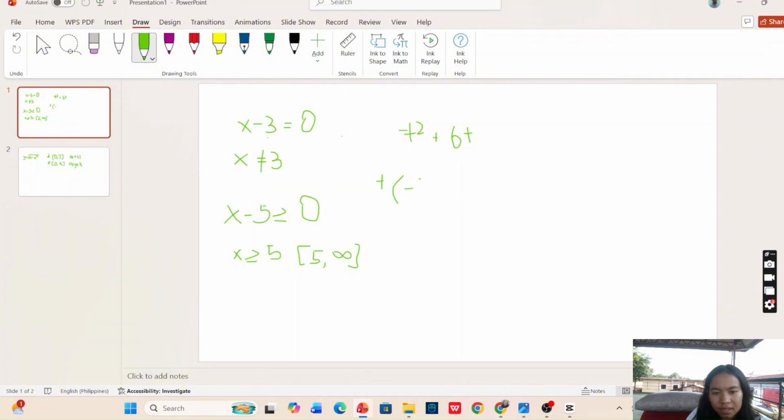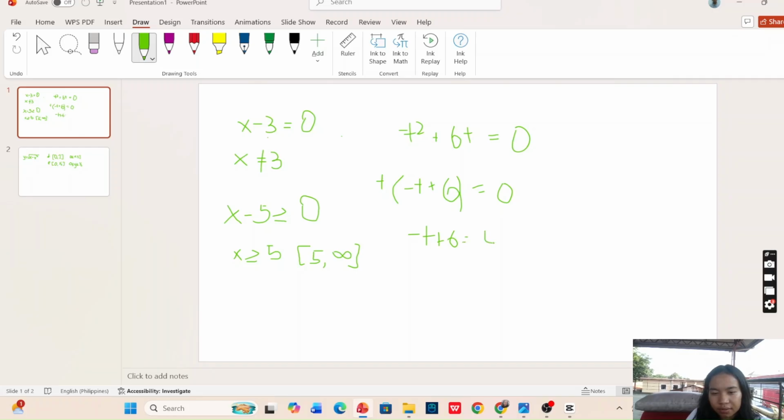What is left is negative t plus 6. Let's set this to 0. So the t factor is automatically 0, and what remains is negative t plus 6